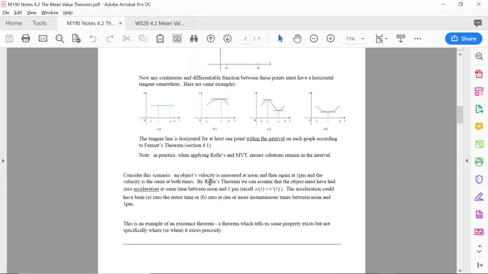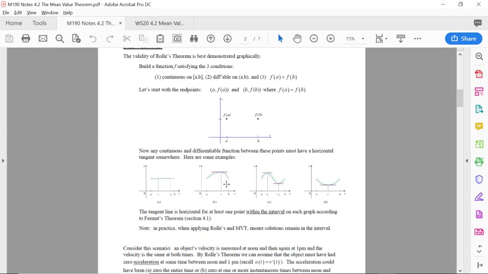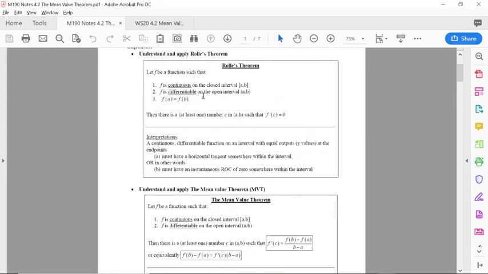Consider this scenario. Suppose that there's a vehicle on the road, and its velocity is measured at some time, let's say noon, and then its velocity is again measured at 1 p.m., an hour apart. And suppose that the velocity is the same at both of those times. Well, by Rolle's theorem, we're dealing with the function of velocity. Velocity is continuous, it changes continuously. It is differentiable as well. And the starting velocity is equal to the ending velocity: the velocity at noon and the velocity at 1 p.m. are the same. Rolle's theorem guarantees, therefore, that there must be some moment in the open interval,